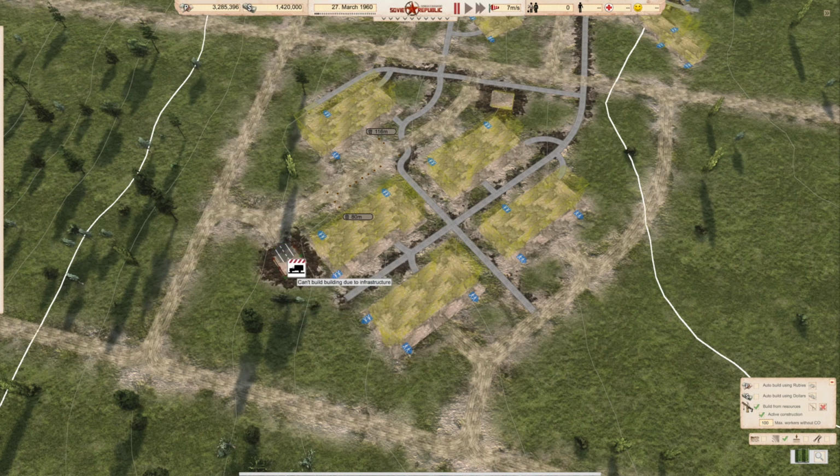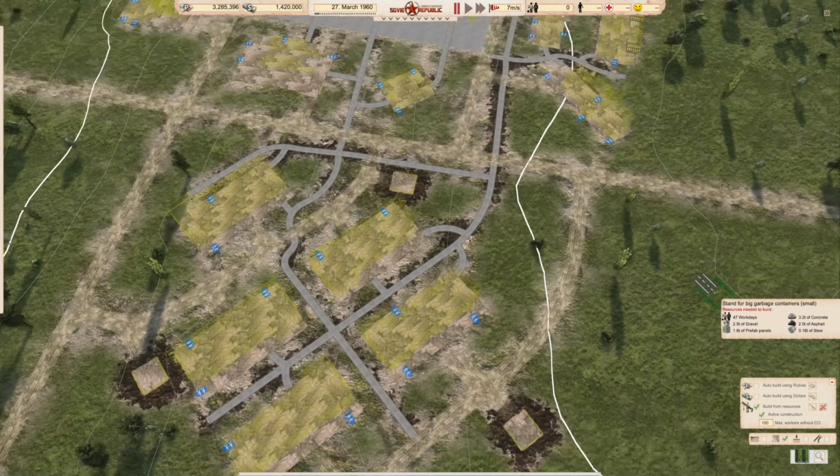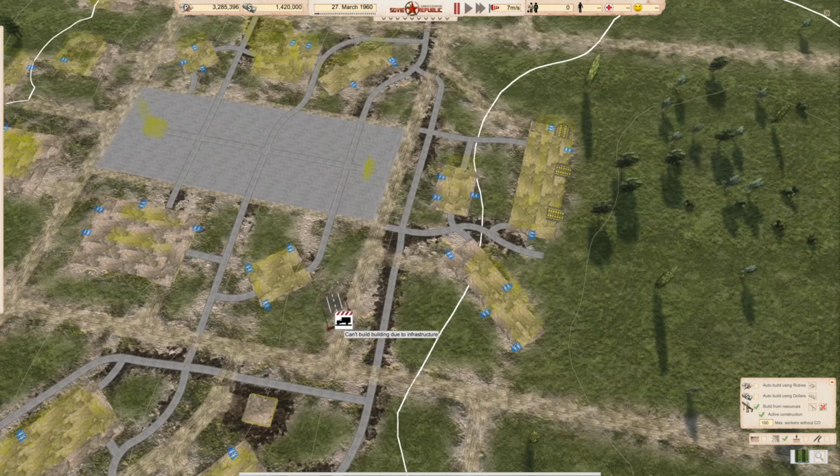Okay, we'll get another one here. It's not a very useful one. We'll get something on this side. So now all of those are covered. This is kind of okay. We'll probably need...